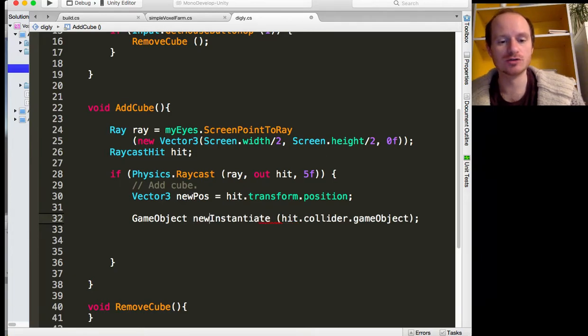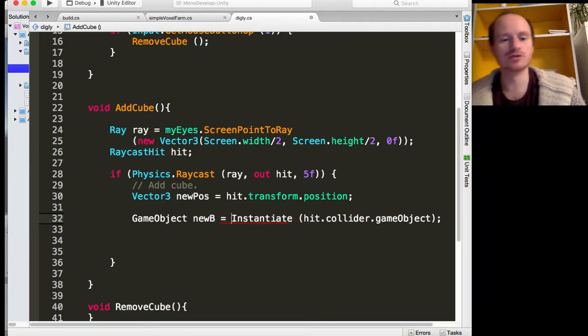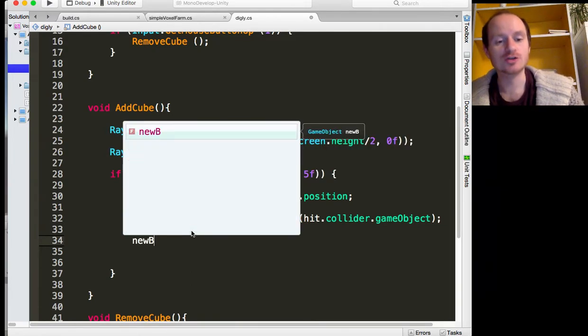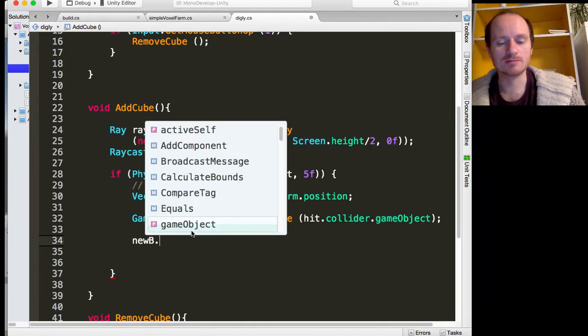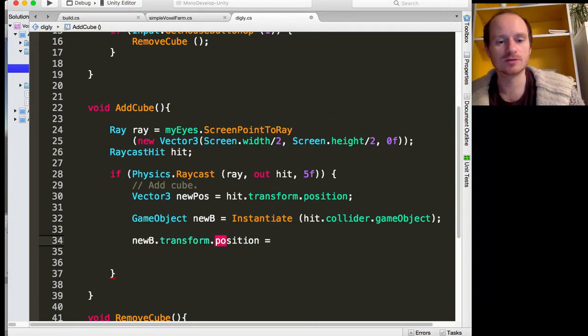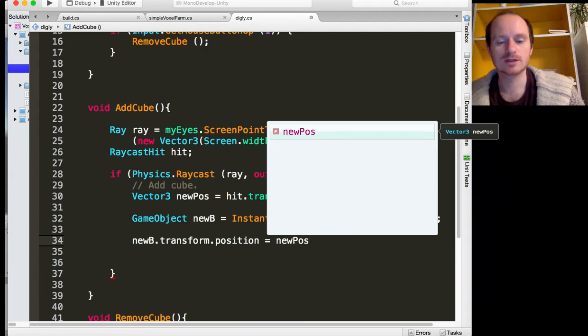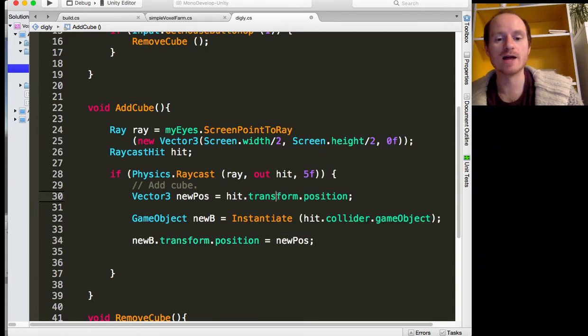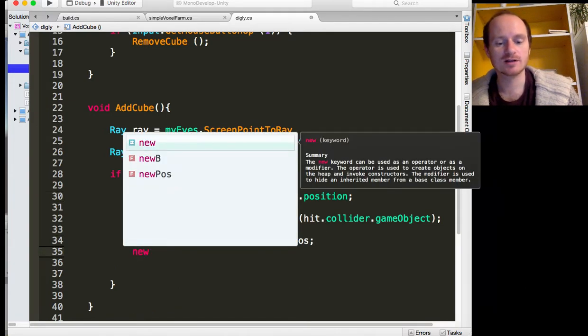GameObject noob for new block equals that. So then we can say noob.transform.position equals our new position. So that's going to be exactly where the block is that we hit, but then we want to move it around. So we can say noob